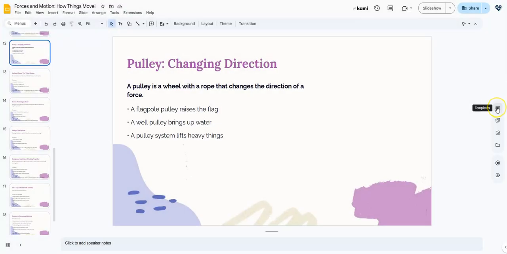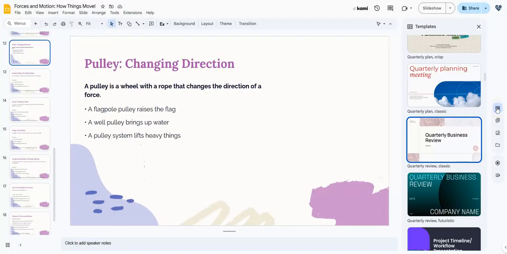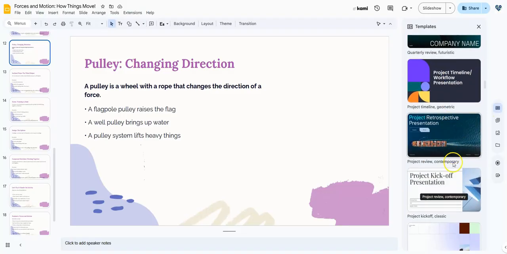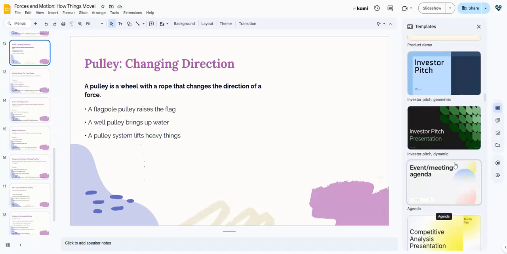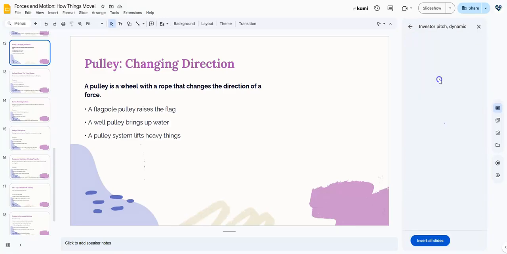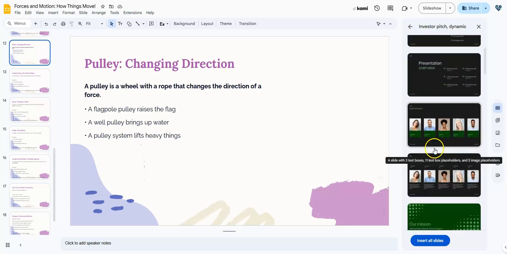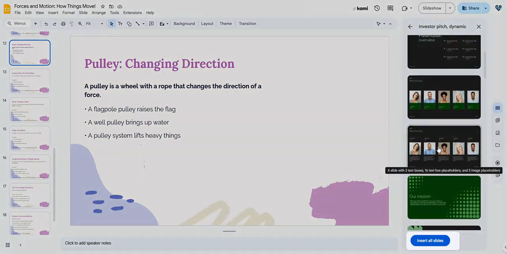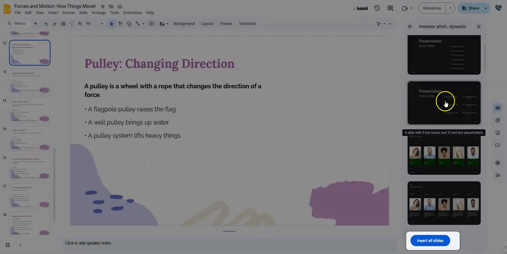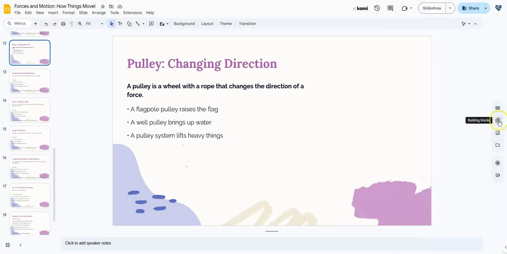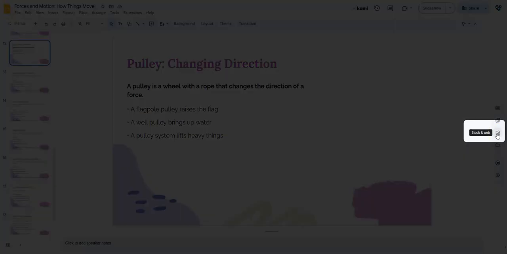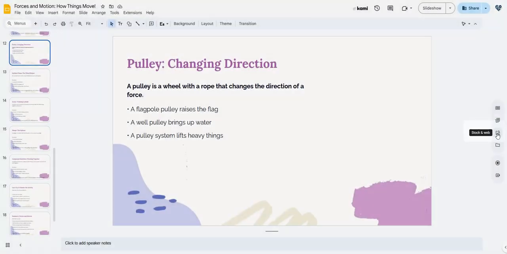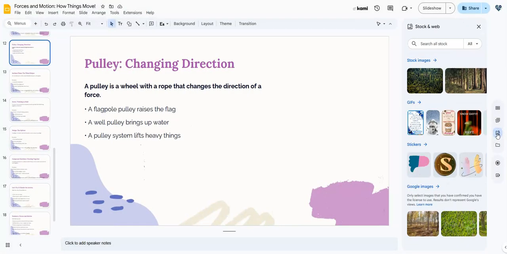And you will remember that for a long time, Slides has had a very limited template choice, and now there are hundreds of templates from which to choose. And once you do select a template, you can click on just one slide if that's the only thing that you want, or you can do insert all slides and get the entire deck and then work from the deck. Building blocks is the next thing down, and there's not really a lot in there that is specifically designed for education, but the next one, which is the images, stock and web, is where you'll find lots of great new